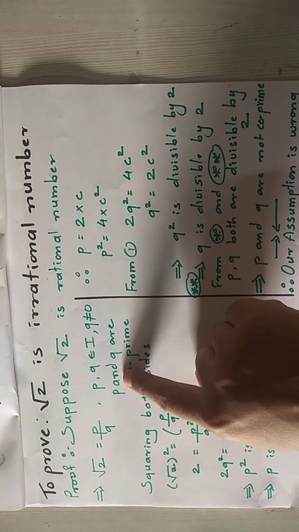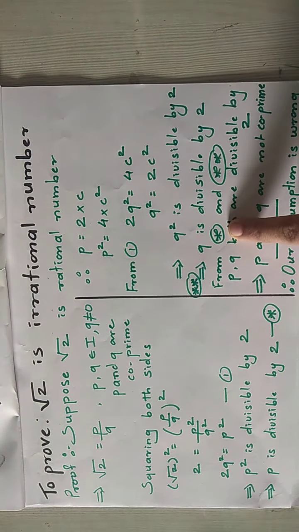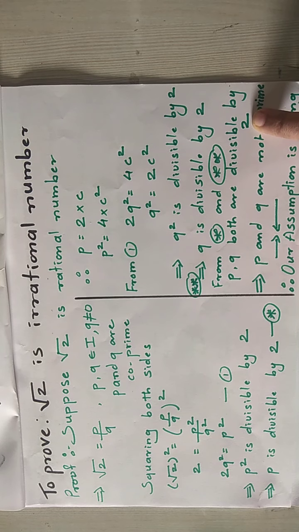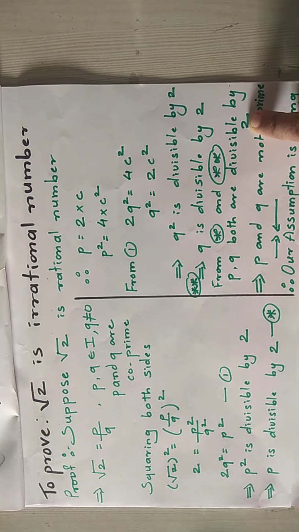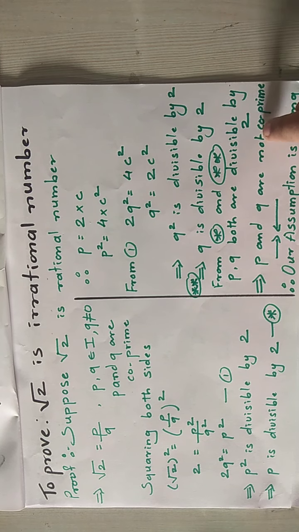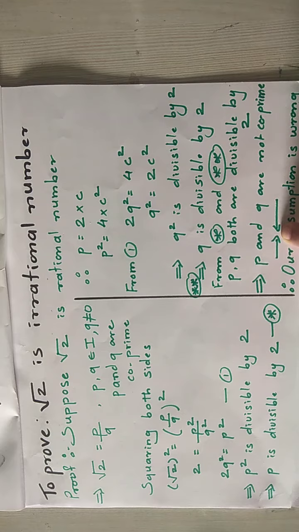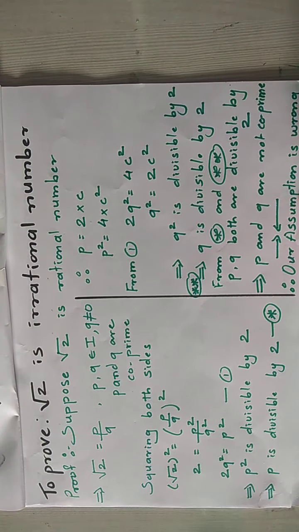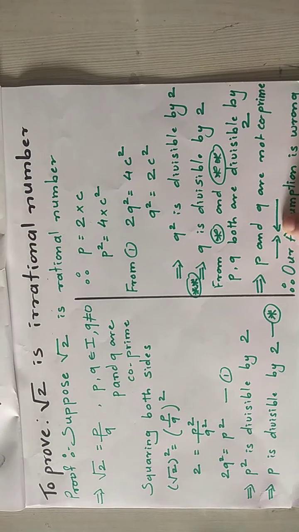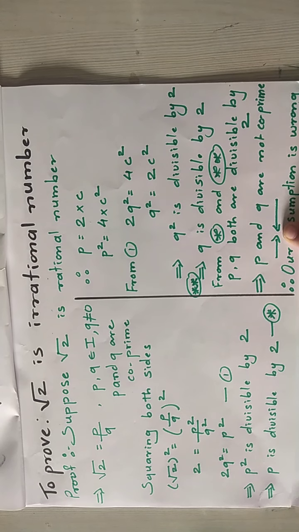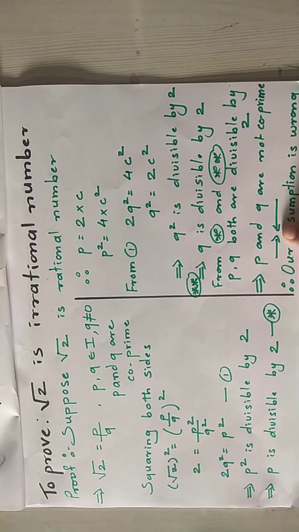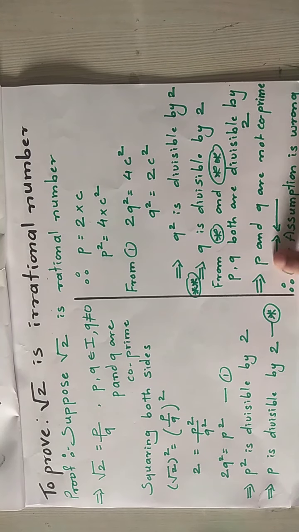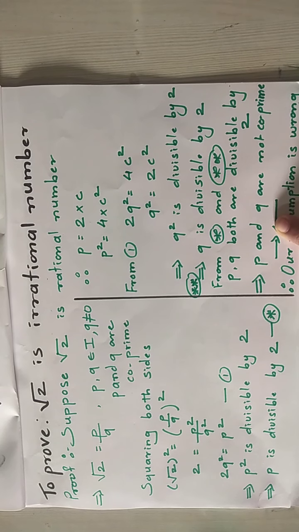That means what we have assumed, after solving, we get the opposite. That is, both are going in the table of 2. That means we got a wrong step over here. And the wrong step itself tells us that our assumption is wrong. This sign says contradiction, or you can just think that an accident has happened over here, something very bad has happened over here. This sign says it's a contradiction, that what you assumed is completely wrong.